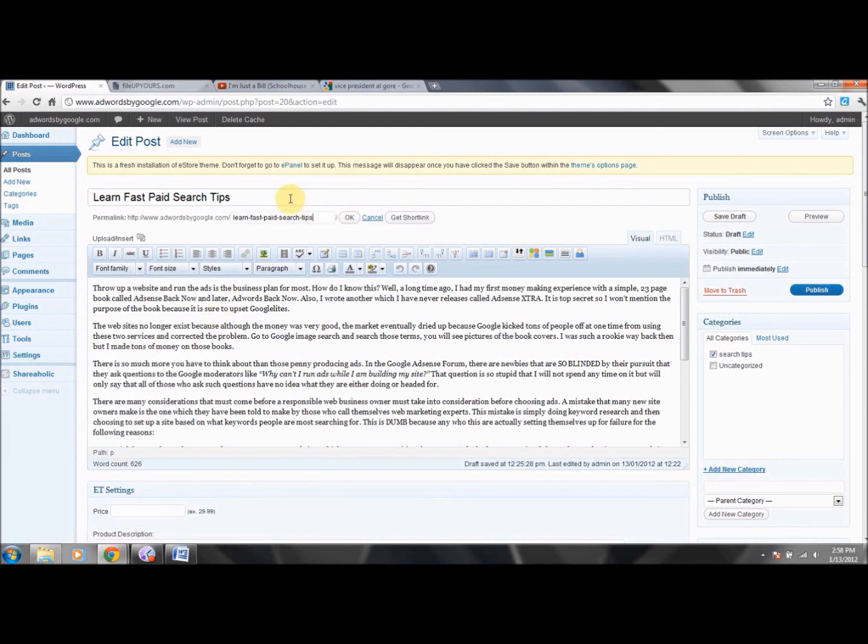If you change this, remember, both of these don't necessarily have to be the same, but you can click on this and change it to whatever you want. However, make sure you've got your slashes in there. So that's okay. Those things are good. We got the article in.